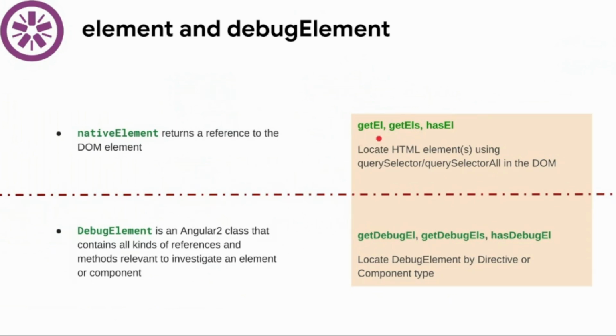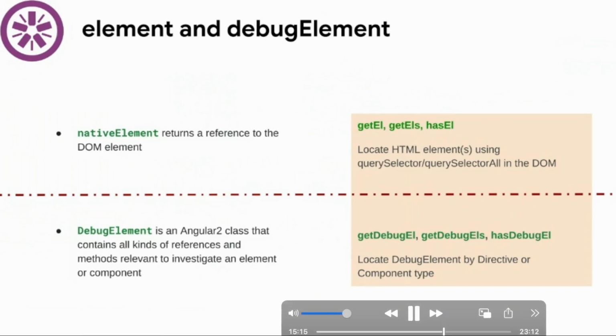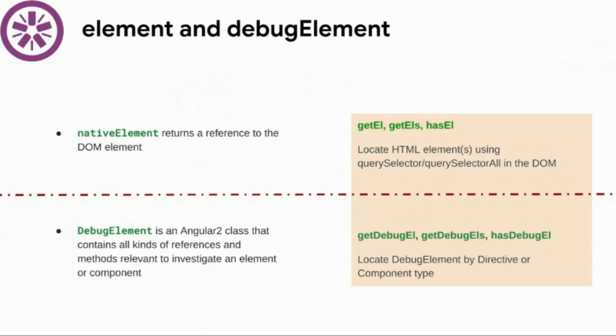So it is the same as getEl. We have getDebugEl, for getEls we have getDebugEls, and for hasEl we have hasDebugEl. This is sometimes used in bootstrap template things to get the instance of a component. If we use bootstrap directly, we get the instance of the component directly most of the time. But inside a bootstrap template, to get the component instance, we use getDebugEl, pass our selector, and then get the component via dot componentInstance. That's the way to work through it.